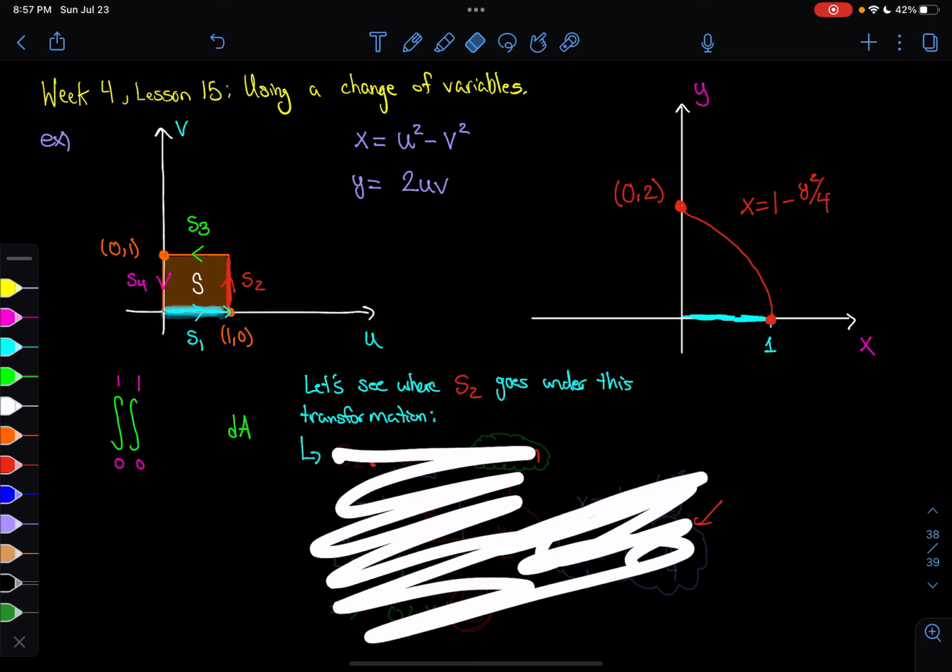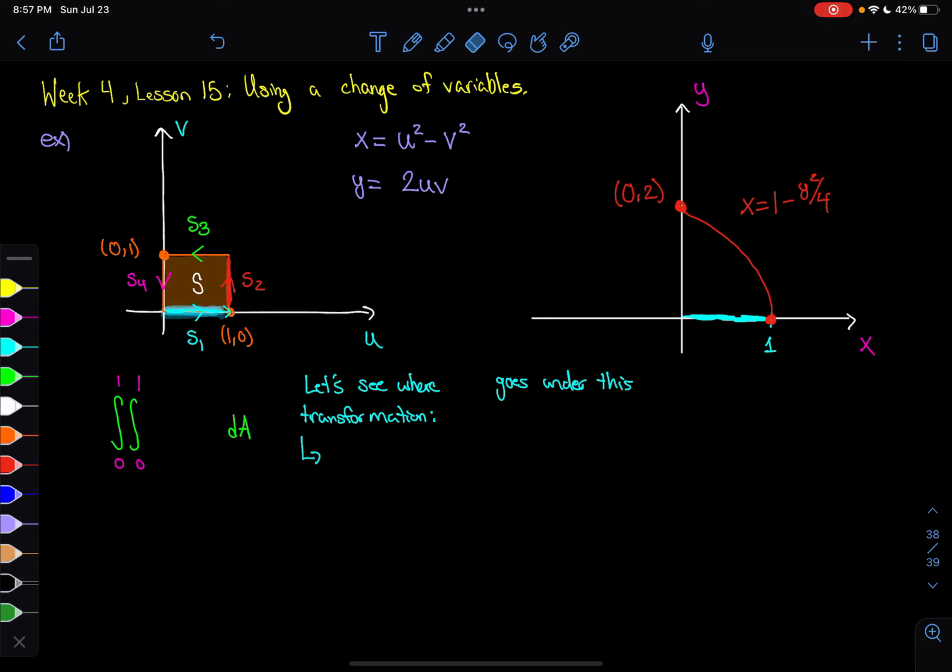So let's do some more. Okay, so now let's move on to S3. S3 can be defined by the straight line v is equal to 1, and u goes from,